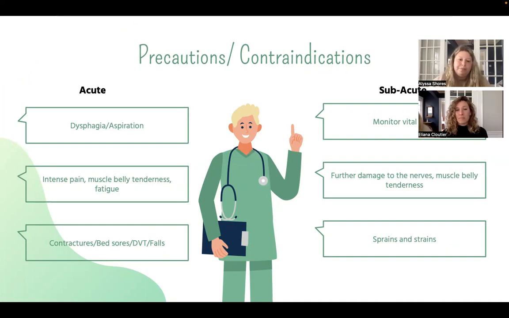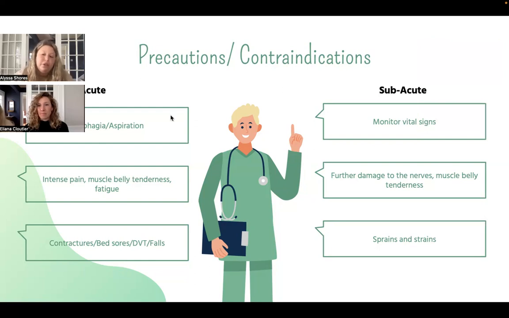Very important to think about is the intense pain that they're feeling, as well as the muscle belly tenderness and the fatigue. And like we mentioned earlier, contractures, bed sores, DVTs, falls, anything that goes along with being in bed for a long time. And then in the subacute precautions and contraindications, it's very important that we continue to monitor vital signs, and that we ensure there's no further damage to the nerves, which could come from overstretching the muscle belly tendons,